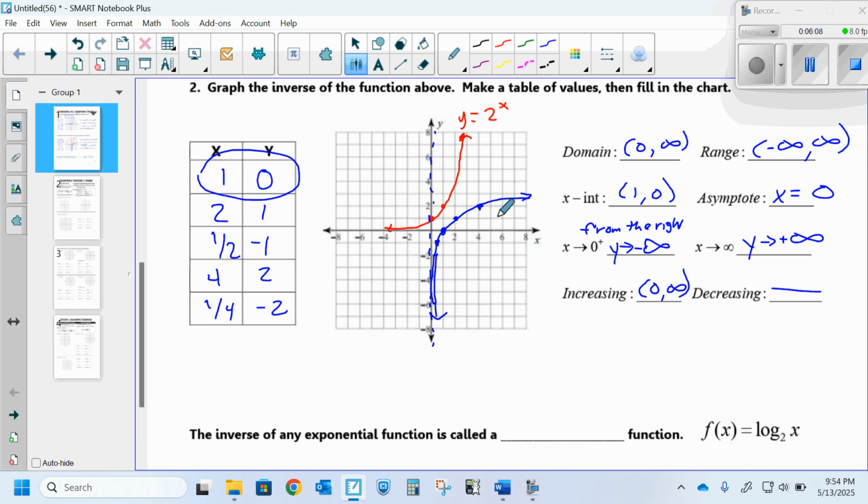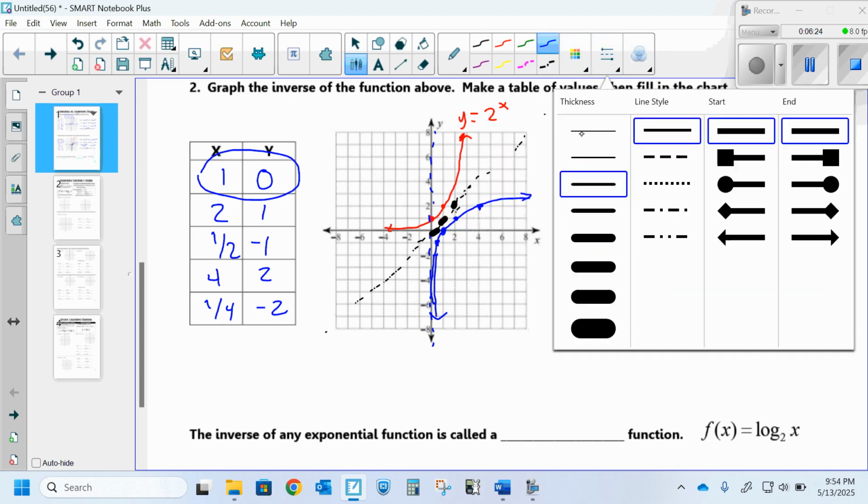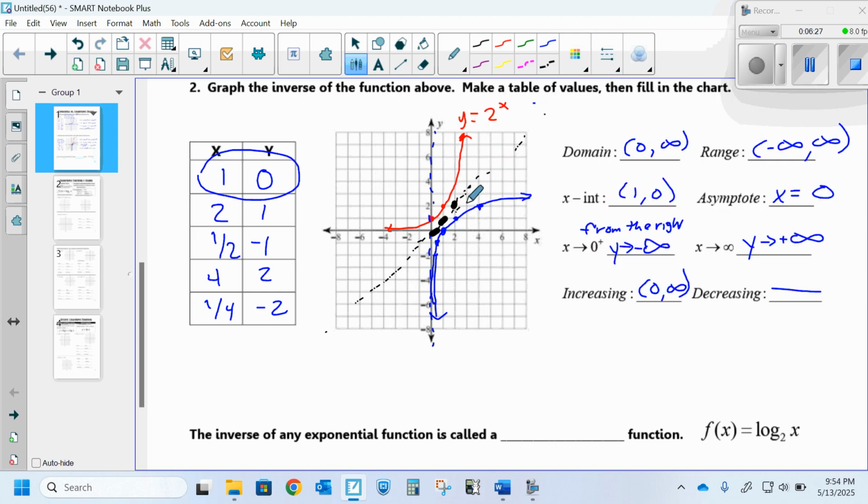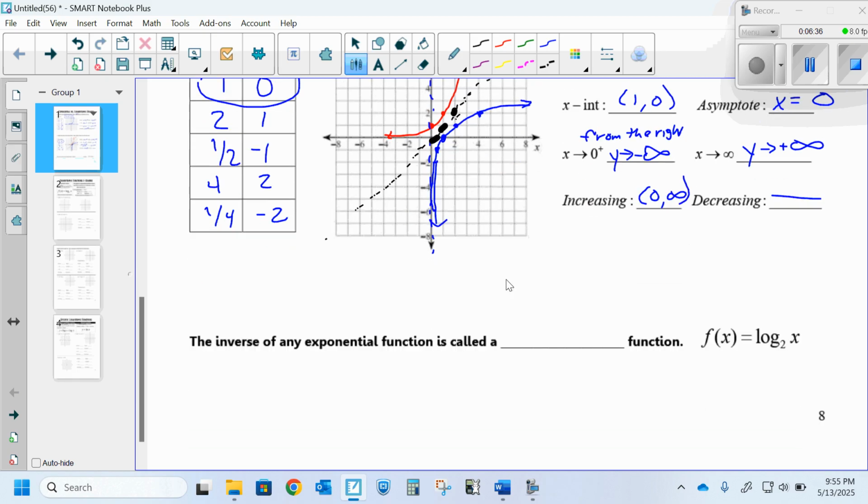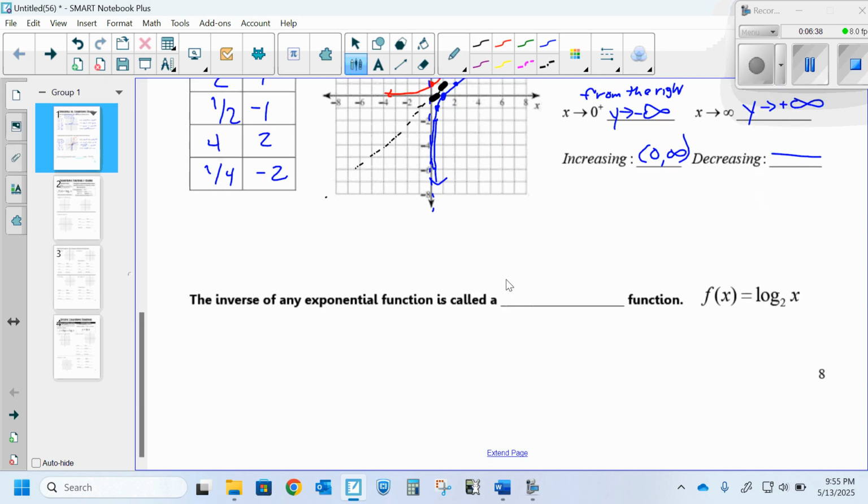Okay, and what you guys are doing here, let's grab this little dotted line here. Ooh, that's thick. Try that again. I'm trying to draw the line y equals x. That's not working very well. Okay, you have this line y equals x, and it is an inverse. It reflects over the line y equals x, and we just had a unit recently where we talked about switching x and y and getting y by itself. Well, that's essentially what this is. This is called a logarithm. Okay, it's called a logarithmic